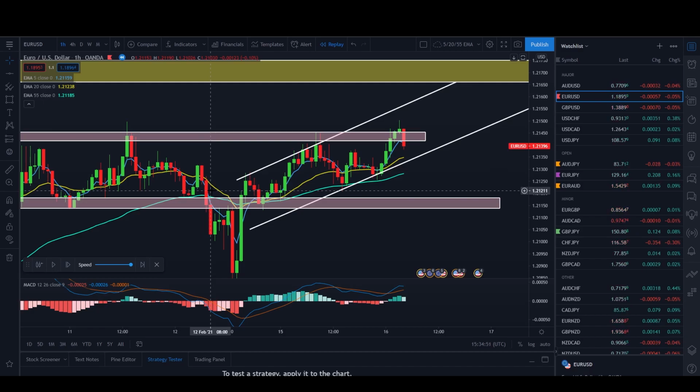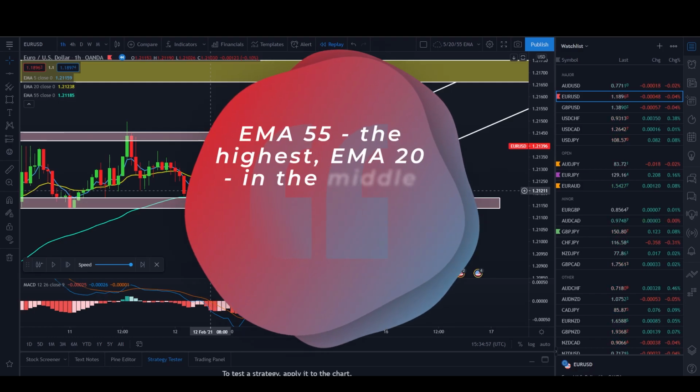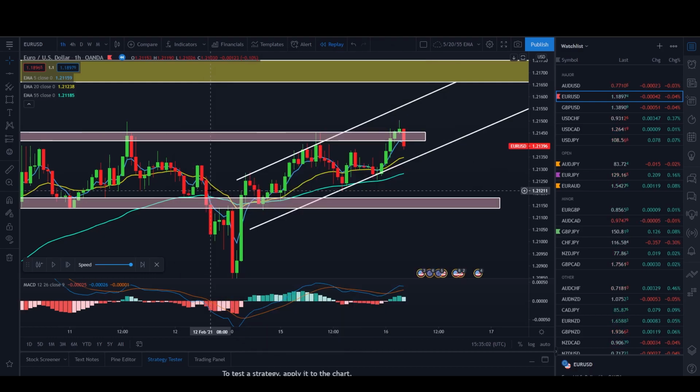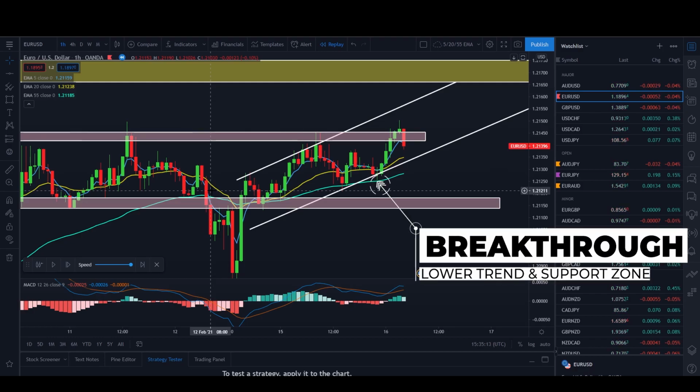We are this time on the EUR/USD 1 hour chart. So as a reminder, for a sell trade, the EMA of 55 should be the highest, EMA of 20 in the middle, and the 5 should be the lowest on the chart. In this case, at the moment, the 55 is the lowest. It needs to change. So in this scenario, we will have to wait for a break through the lower channel, break